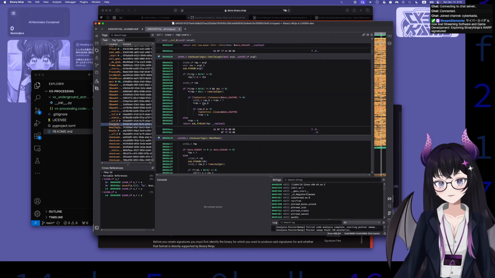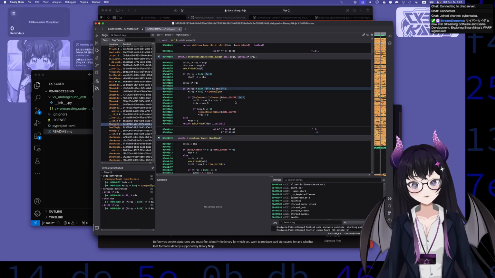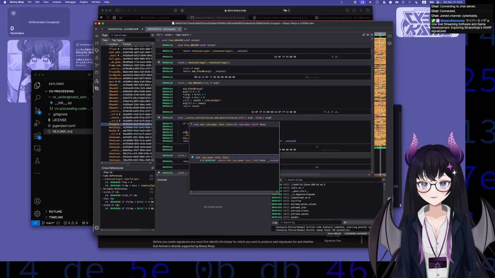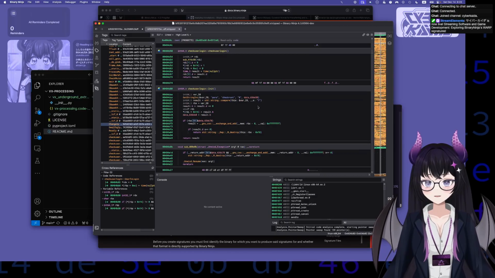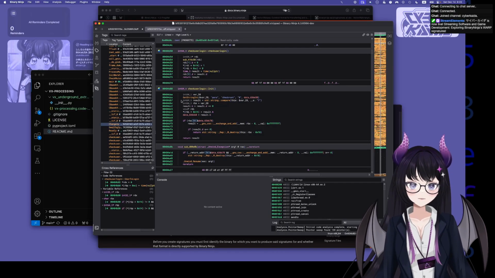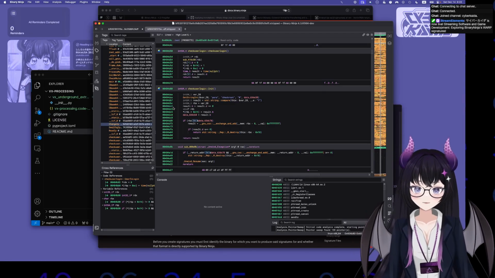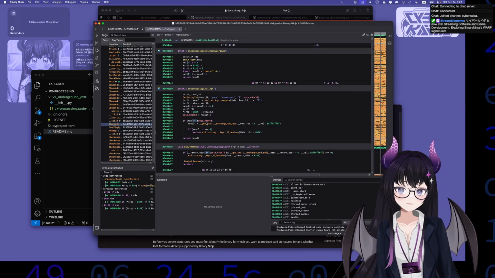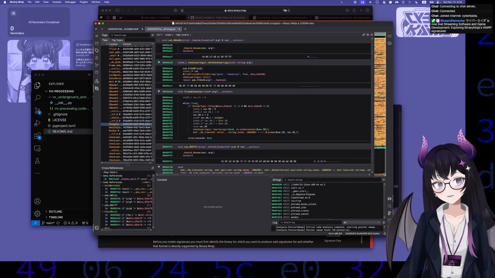So this is mostly for transfer of analysis. I see. So we can take the debug version and then apply it to the new version. Similar to binary similarity. I see. Sounds very good. And it takes into account like how